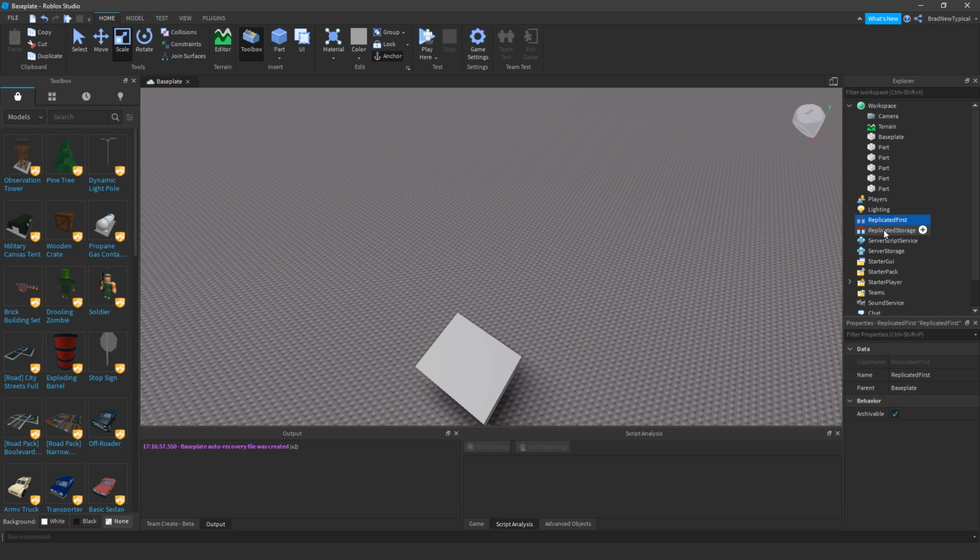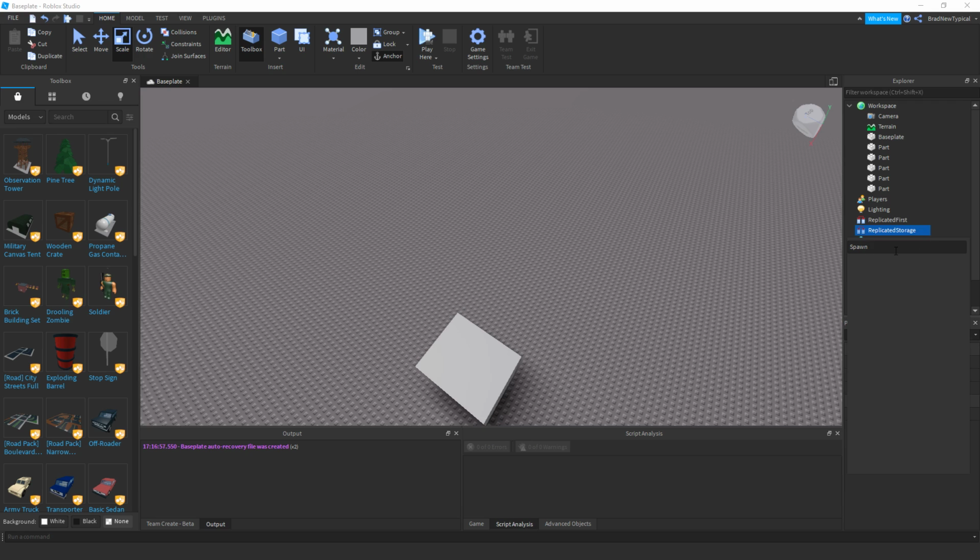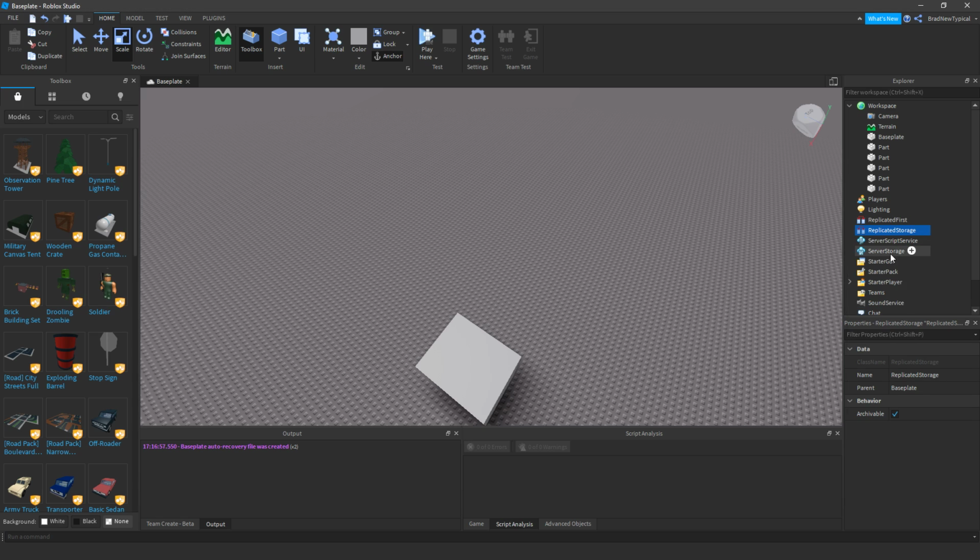Let's do ReplicatedFirst first. ReplicatedFirst is, I believe, something that happens right when you boot up the game. ReplicatedStorage is basically a local player storage. So if we have any objects in here, let's make a box. Let's just make a bool. We'll talk more about this in another video. So if we start the game,